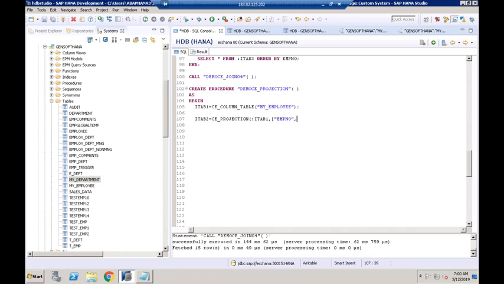I want only employee number, employee name, salary, and department number. So except employee designation, I'm pulling the rest of the columns. I'll put these in single quotes. Then, what is that column? Salary